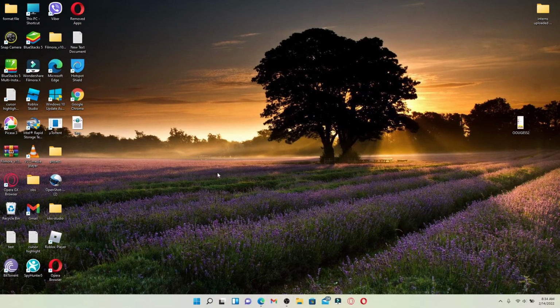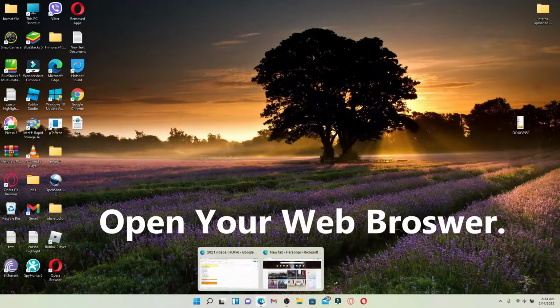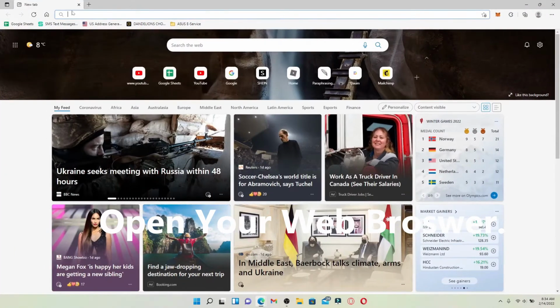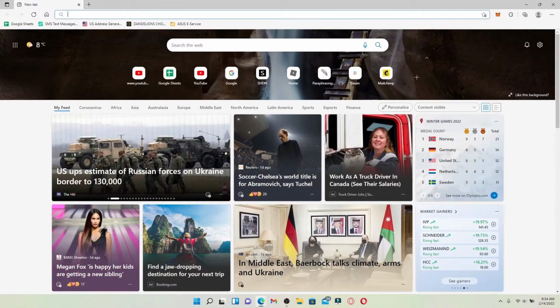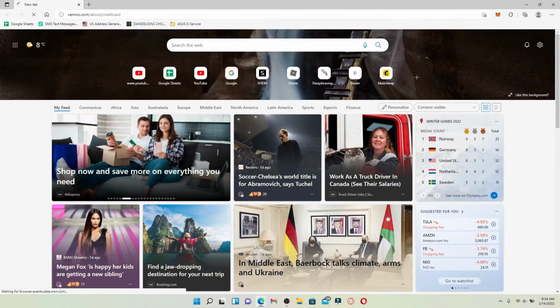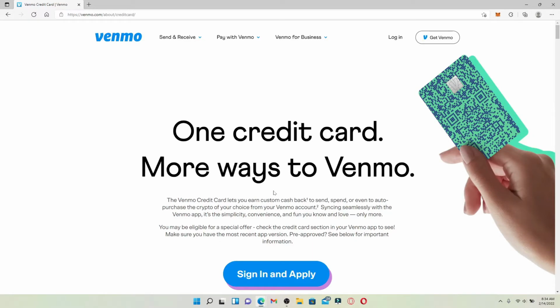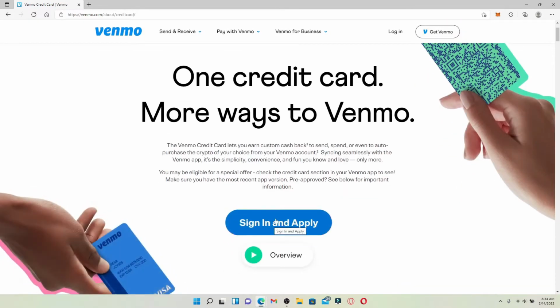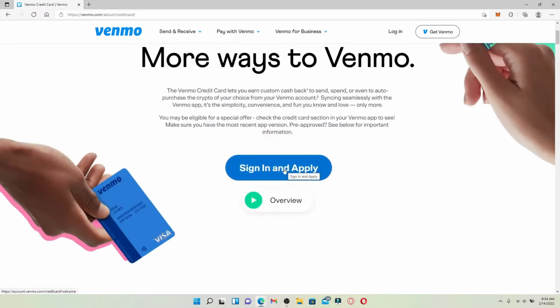Logging into Venmo credit card account is quite easy. Open up a web browser of your choice. Now in the web address bar that pops up at the very top of the screen, type in venmo.com/about/credit card and press enter on a keyboard. You'll end up in this page over here, which is the official web page of Venmo. Simply go ahead and click on the sign in and apply button in order to log into your credit card